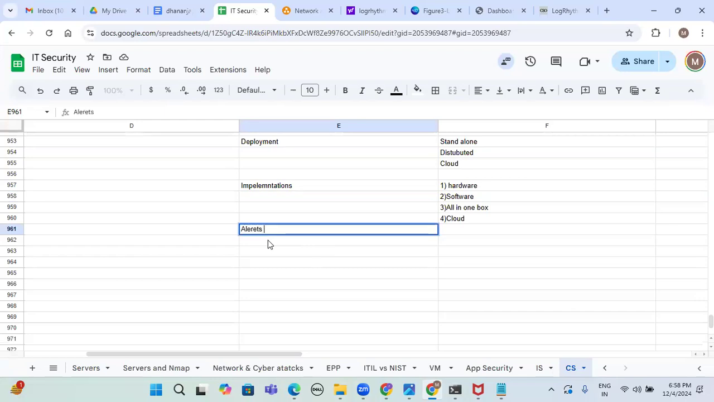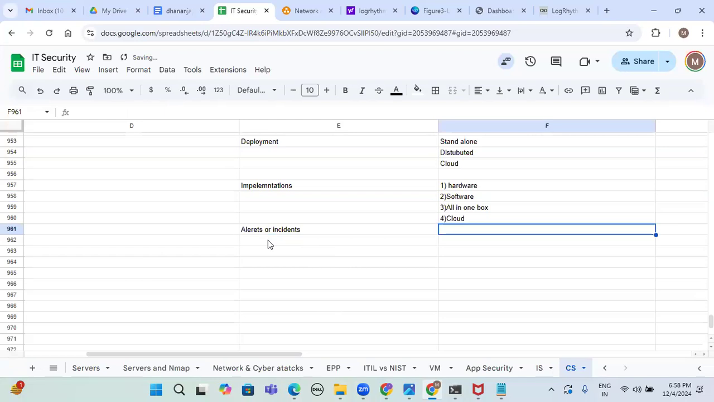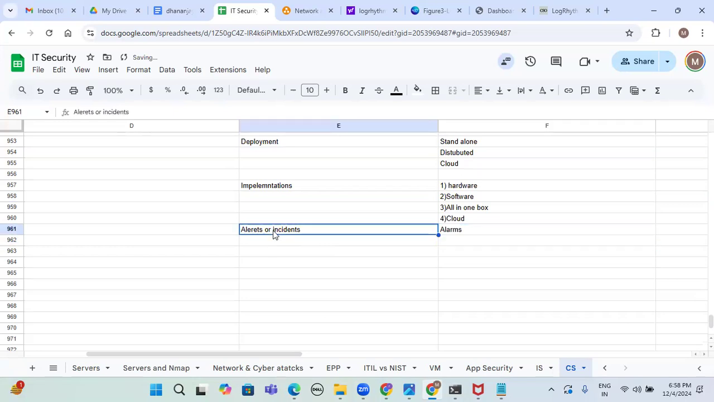Alerts or incidents. In the LogRhythm side, we will call them alarms. As we discussed under IBM QRadar, we call them offenses. As we discussed under the SIEM side, we can call them alerts or incidents. In the LogRhythm side, we call them alarms. Each and every security instance that is triggered